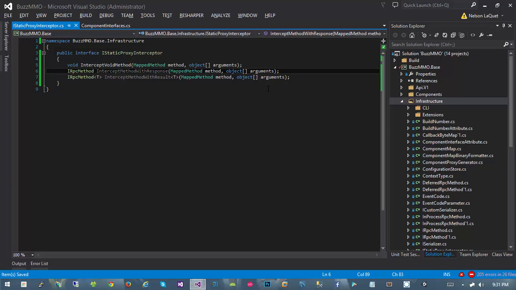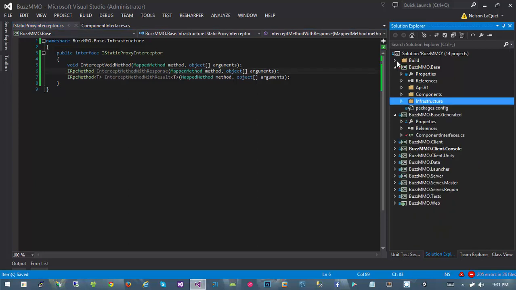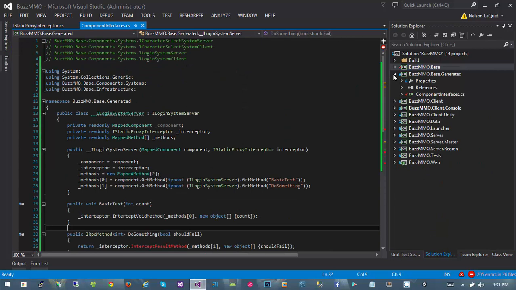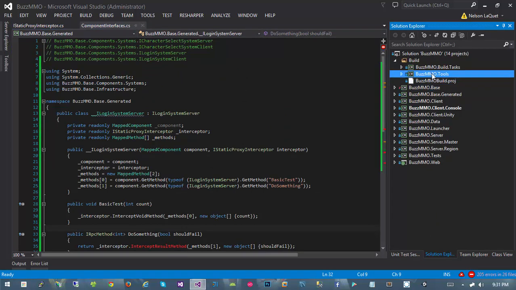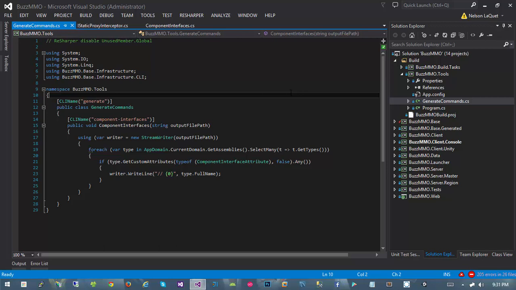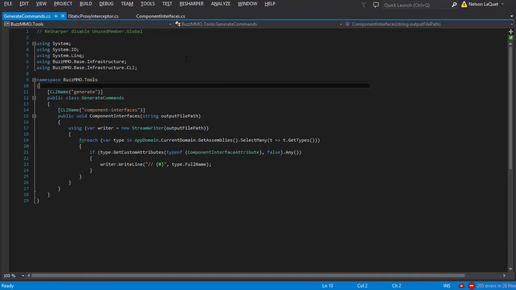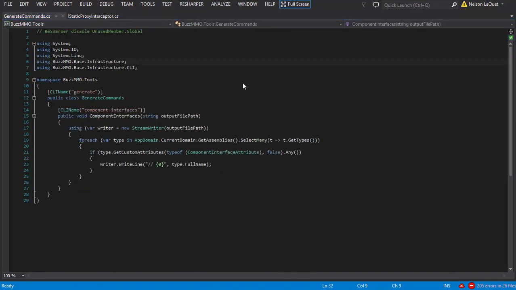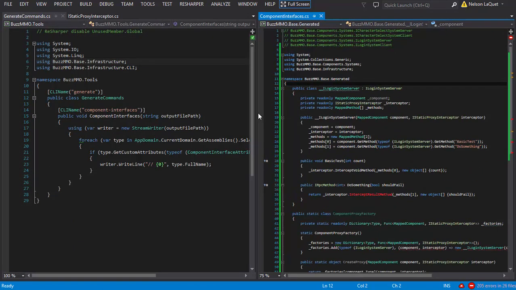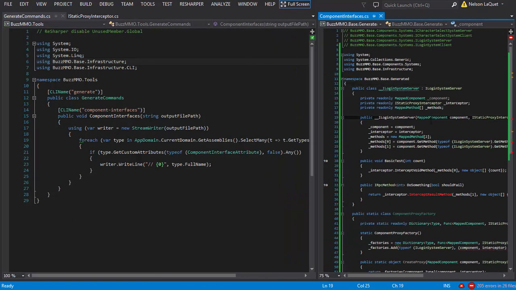Three methods. And that's really going to be our static proxy interceptor. Not very interesting. So now that we have that implemented, I'm going to open up my build folder, open up my BuzzMMO tools project and open up the generate commands, because this is where the actual code generating is going to happen. Let's launch full screen. Let's move this over to the right and zoom out a little bit so we can keep our target code open